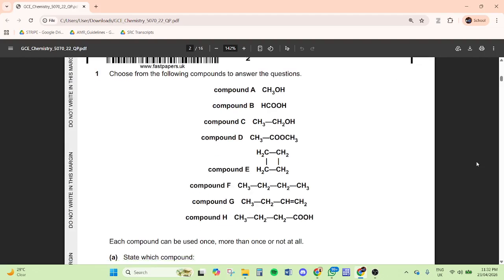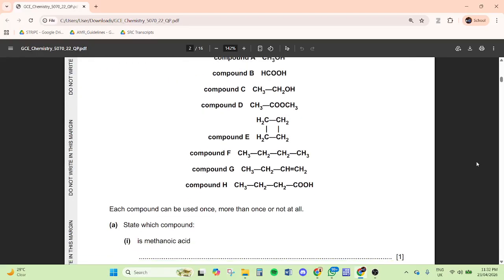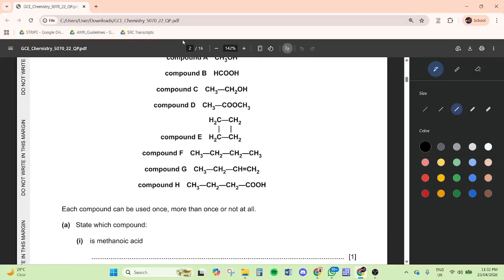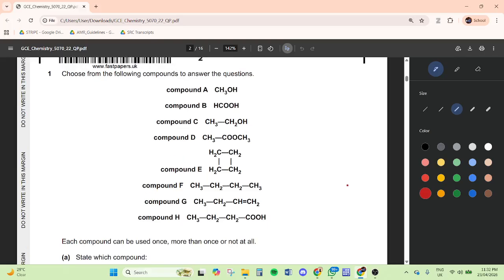So the first question, this is very common in all GCE papers. They're going to give you a list of compounds and they're going to ask you to find out which description matches the best with which compound. So let's begin with our first one. So our first question is asking which compound is methanoic acid. So if we're looking at methanoic acid, it is basically